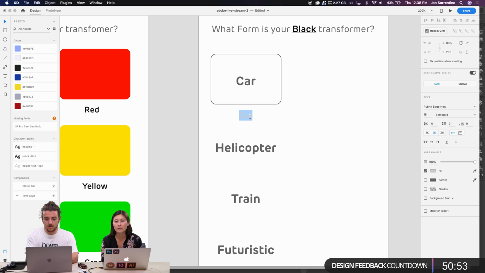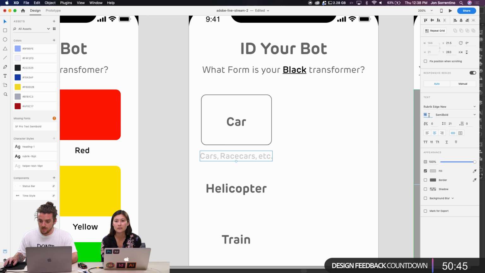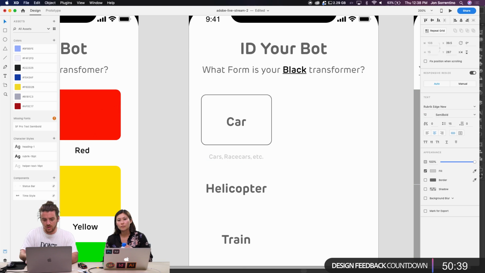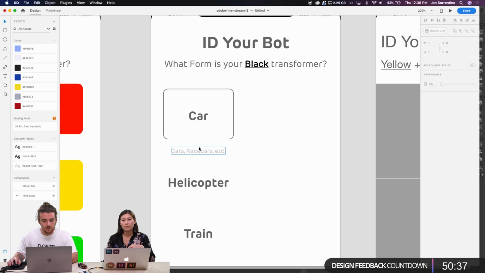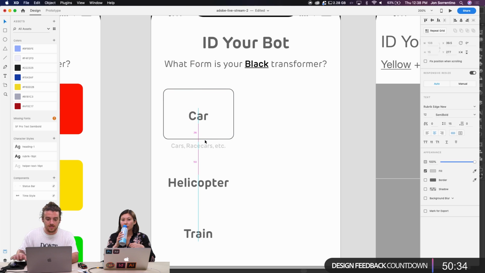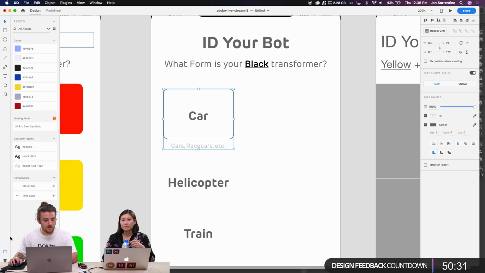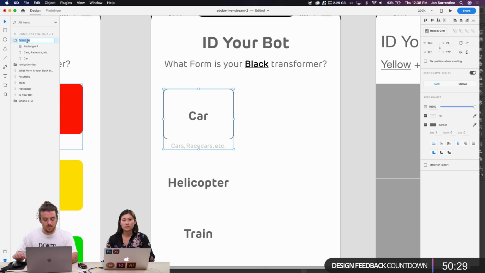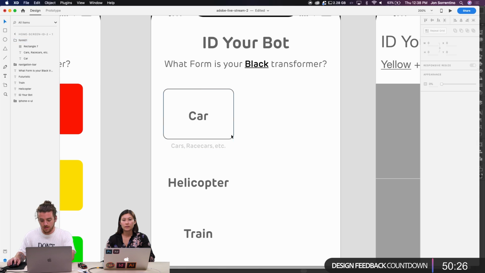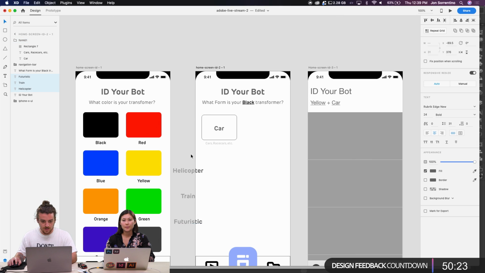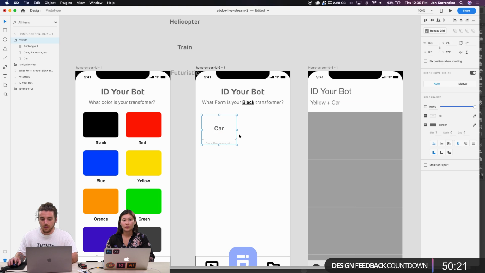So cars, race cars, etc. I think this even needs to be smaller. Let's just make that 14. Yeah, it looks good. Tiny, cool. So this is gonna be how we design this tile here. I'm gonna group that, do another repeat grid. Form 1. And then keep these to the side here. Duplicate this one. And then just another repeat grid.